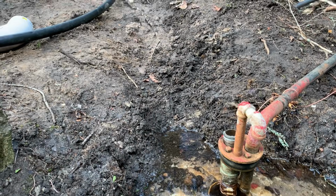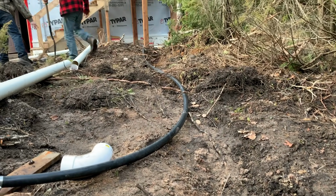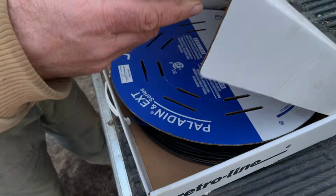In this video, I'm going to bring you along on a challenging plumbing installation job. We're installing a water intake line in a setting that has pretty much no soil. There's a little bit of soil, but most of it's bedrock. We're going from an existing well to a new building, and we're using a kind of electric heating cable called